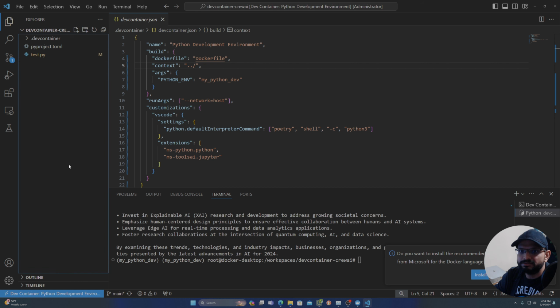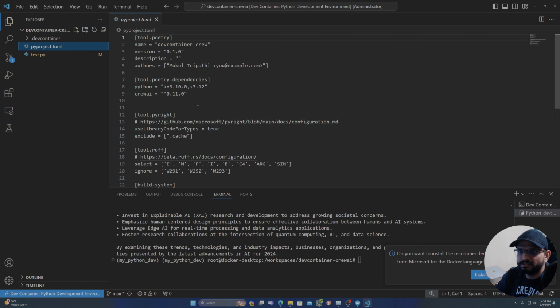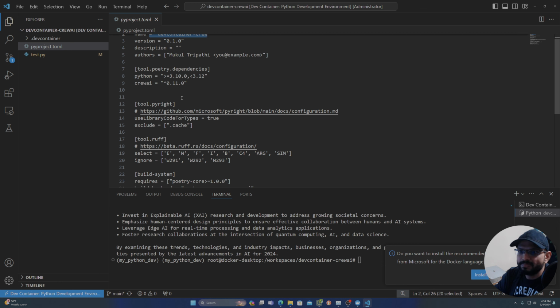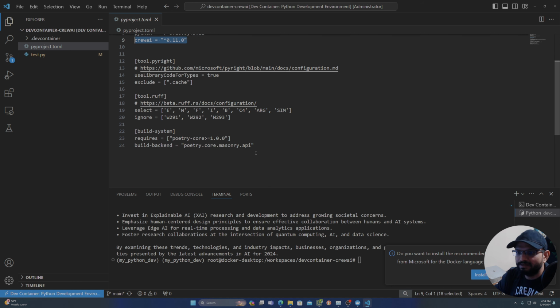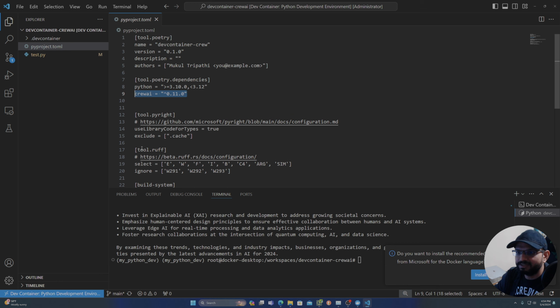So let's open that pyproject.toml file over here, and it's just a simple name that I've given to it. But the thing that we need over here is CrewAI, right? So the CrewAI part of it is what we need. Everything else, that's fine. We can just use a sample template that I have over here. But the dependencies section, CrewAI is what we need, and this is a replacement of requirements.txt for us,